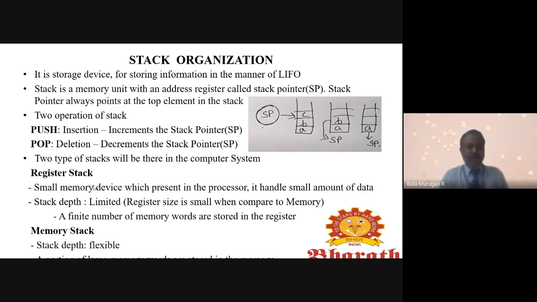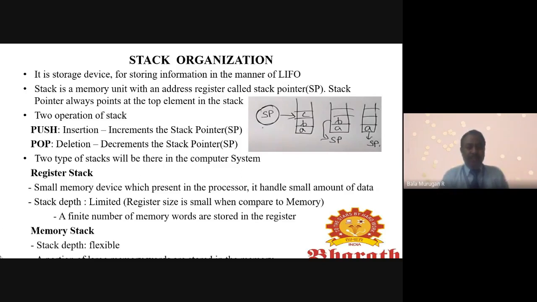Here we have the register stack. The register stack is nothing but a small memory device present in the processor. It handles a small amount of data, so the stack depth will be limited.